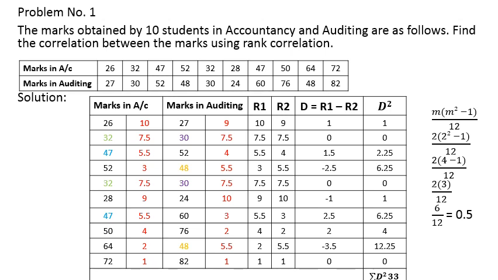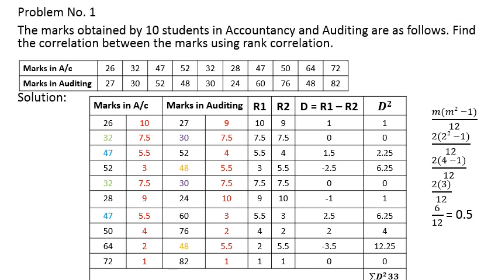So now, while assigning the ranks, you have to consider the 0.5 average of the ranks. Next value is 47, repeated twice, and the previous rank is 4. The next rank is 5 if the value is not repeated. Now it is repeated twice, so you have to add 0.5. Then that becomes 5.5.